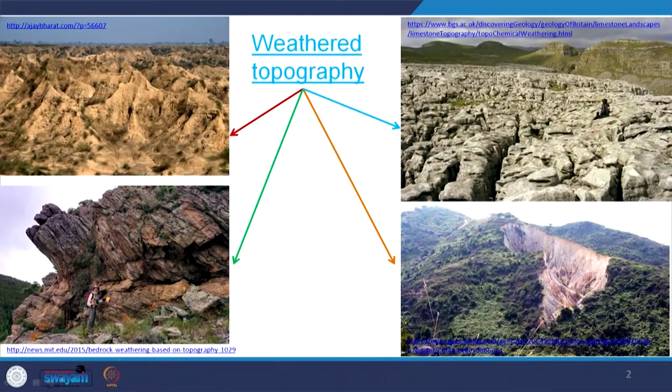And the third photograph, this corner one, is a weathered profile of a hard rock, it is of quartzite which contains iron. That means, if you remove this weathered product, earlier it was a ferruginous sandstone and finally due to metamorphism it forms a quartzite, and it is iron leached, that is why red color is appearing. And the fourth one, this right hand corner in the bottom, is a part of a hill slope which is weathered due to mass wasting.